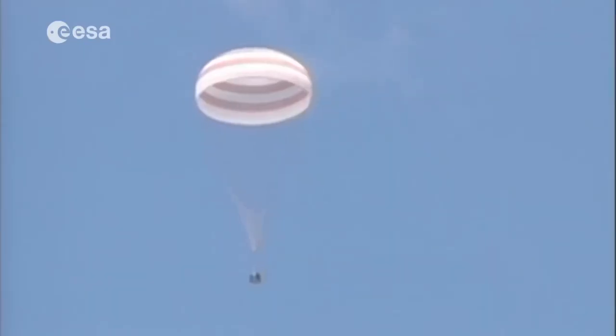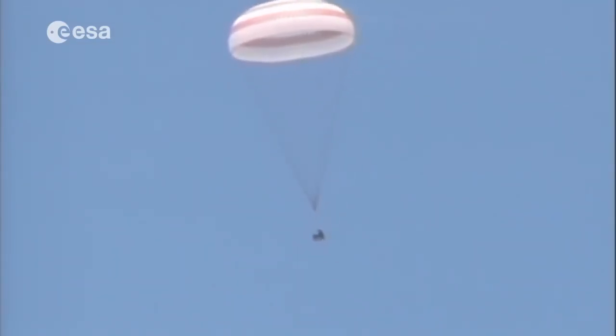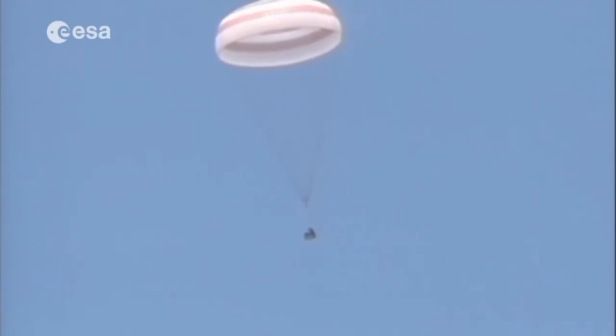But then everything calms down, of course, once the main parachute has deployed. You really feel the calm air after this whole violent re-entry, the violent opening of the parachute. Then you're hanging safely, slowly descending to the earth underneath your parachute. And this is actually the first time that you know, yes, I'm safe, we're going